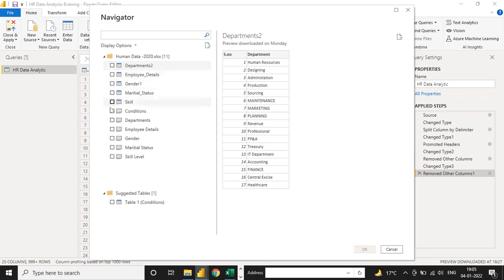And if you uncheck this and check this point, this is also the same data, but this time you can transform the data of the complete sheet, the department sheet data. But if you check the other point, you select only the table of the department. This is the difference: if your Excel file has table data or a complete Excel sheet, always select the table data first, not the sheet value. Clear?